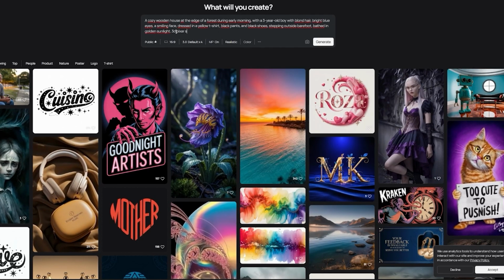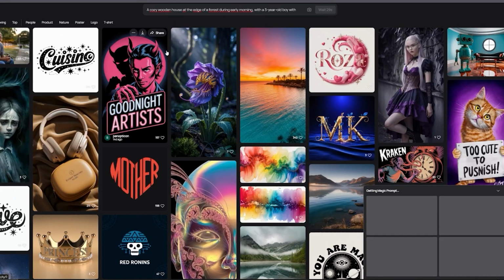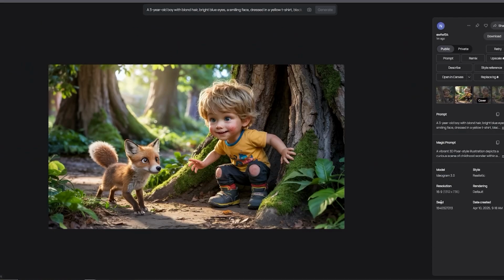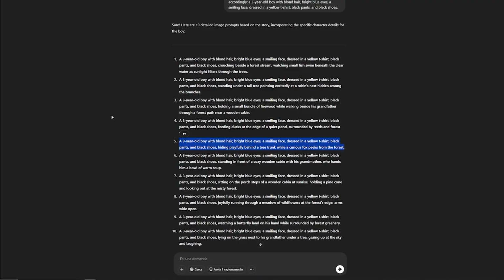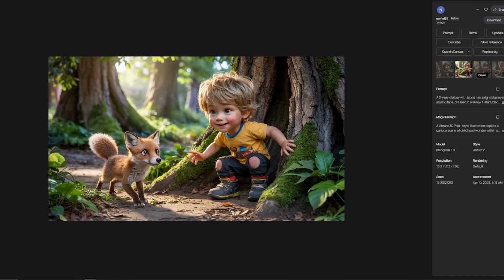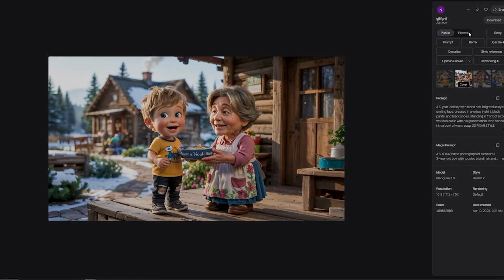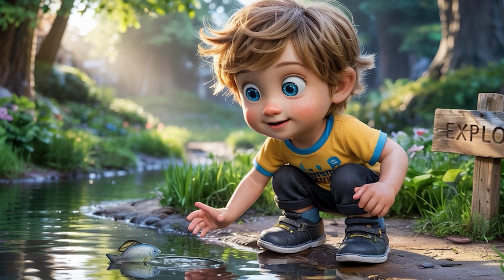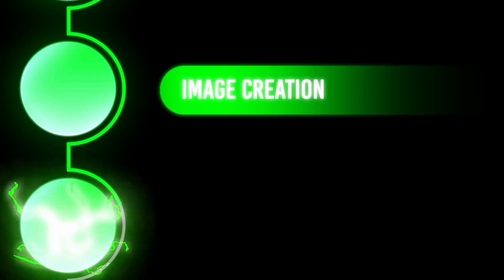The problem of using this program for free is the limited image generation. So to solve this problem, I created multiple Gmail accounts to be able to generate the 10 images I needed. Now the job is to copy and paste our script and generate the images we need. Look at this image it generated. It is really amazing to be created free and fast.